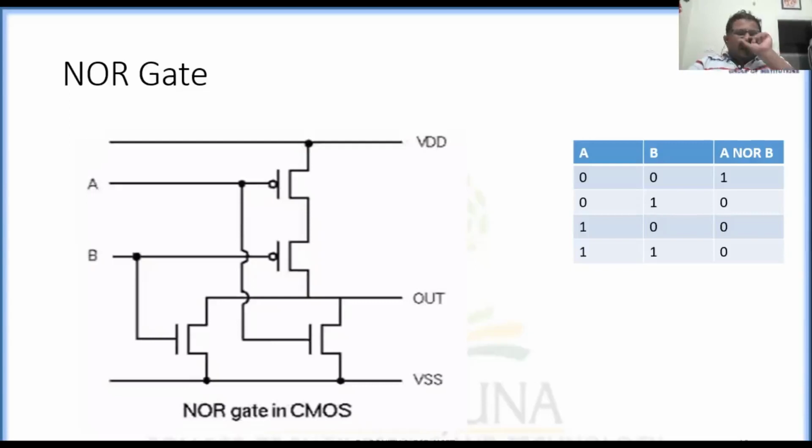We have taken probe connections for input A, input B, and output C. The same way we have to design the circuit. Hopefully you have understood well about the NAND gate. Same way here also you have to build the circuit. Now we'll see how exactly the circuit works.